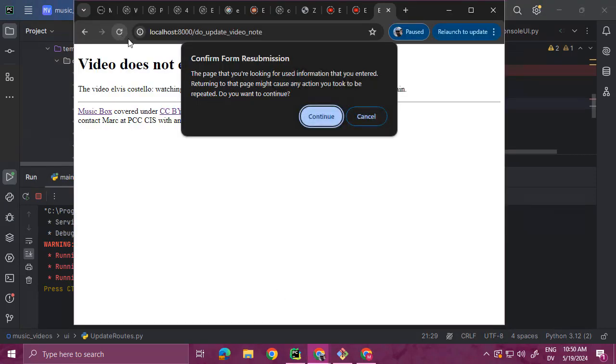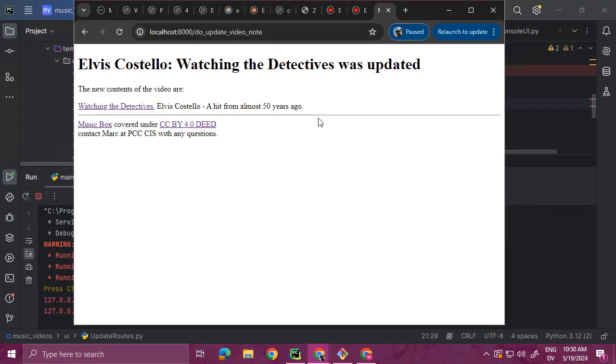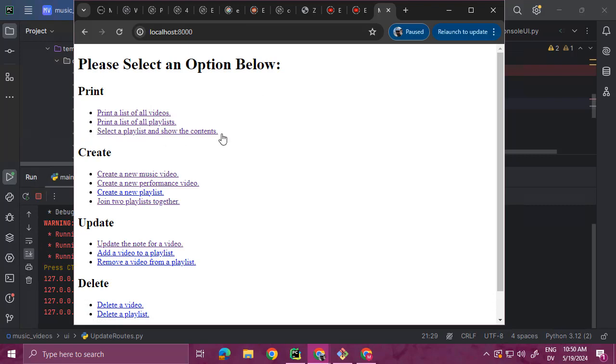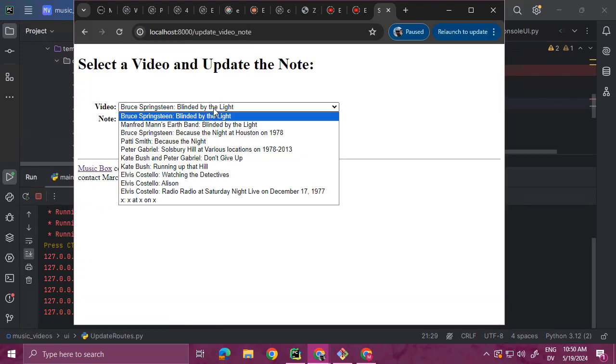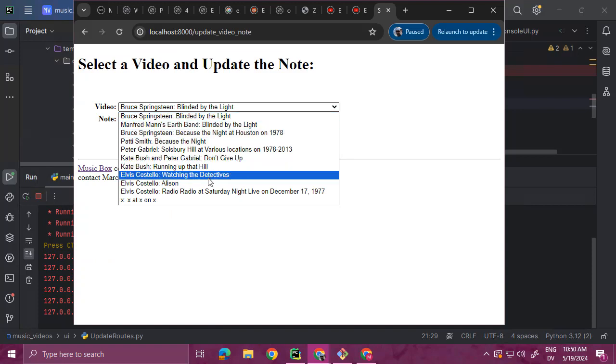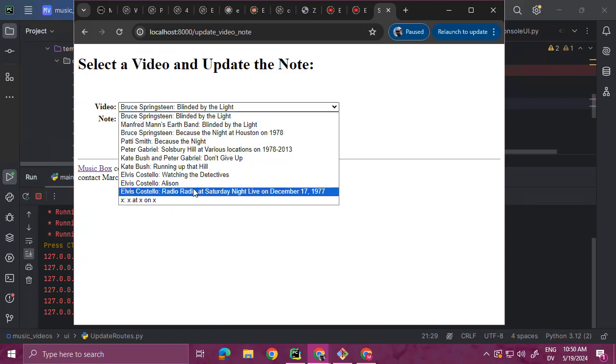All right. And then reload. Elvis Costello, Watching the Detectives was updated. The new contents of the video are Watching the Detectives, Elvis Costello, a hit from almost 50 years ago, and then just one dot. And then let's update a performance video. So here's a performance video, and